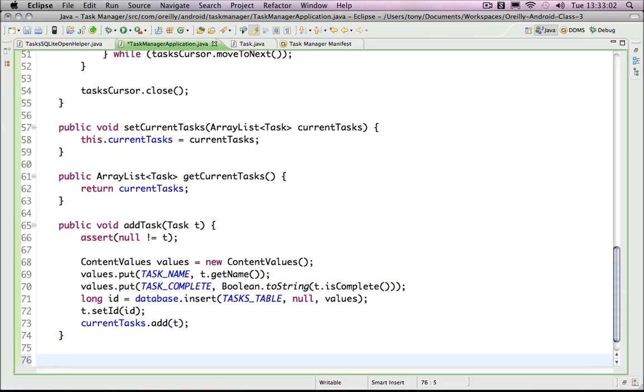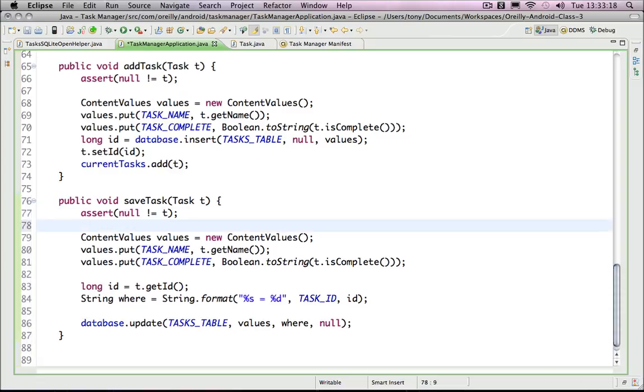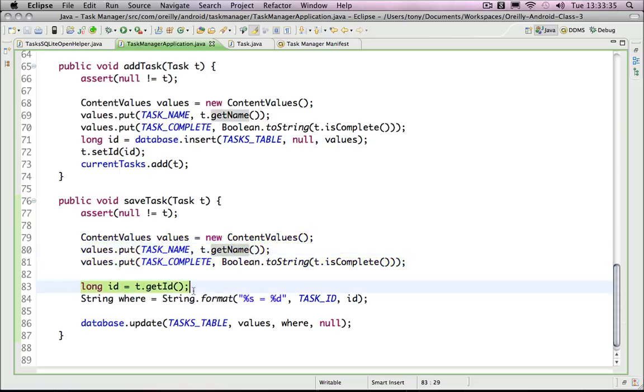And I'm going to copy that in from my other code. Here we go. So save task will take a task, make sure it's not null, because it would be useless, and then we go through the exact same setup that we did before with the content values, which are basically, again, the key value pairs of column name to value. And the difference is, in this case, I need to get the ID off the task,